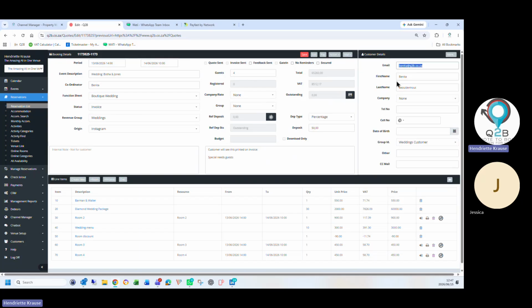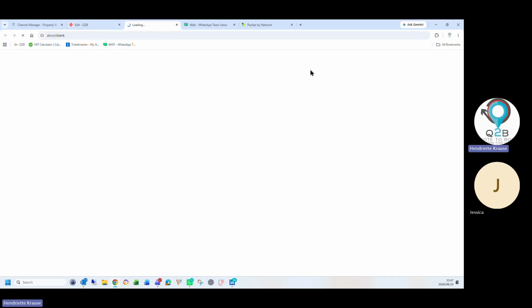So a customer detail for us is unique to a customer. It's email. We define the customer by his email. You can link a company to the customer. And that's why you can also keep your debtors and statements for the customer. Quite a few nice functions.